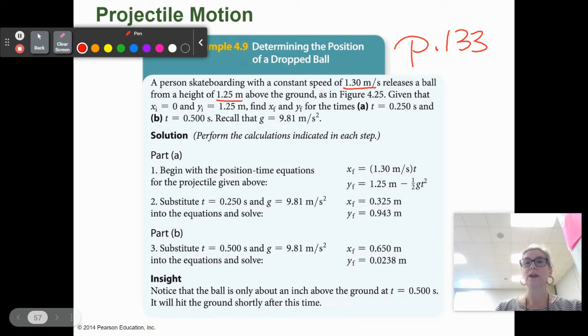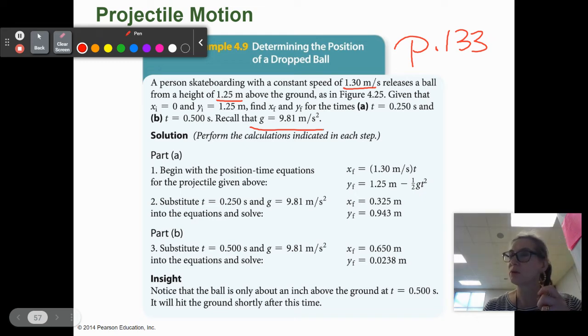For xf and yf, find the times... I said it backwards. Find xf and yf where the times t equals 2.5 and t equals 0.5. Remember that g is 9.8. So we're just going to go back to our original equations. So let's write those